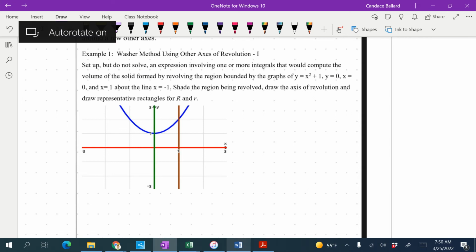We're not actually going to solve this one. We're just going to set up the equation. And when we do take the quiz on this, it'll probably be a lot of that same thing. So, set up but do not solve an expression involving one or more integrals that would compute the